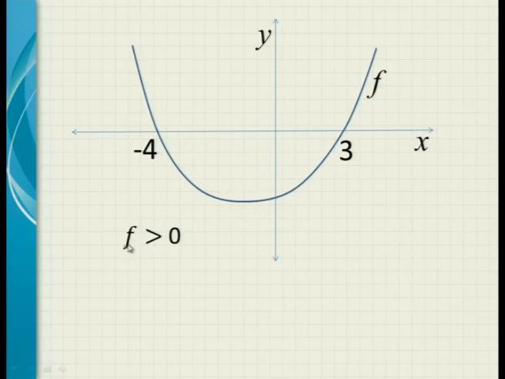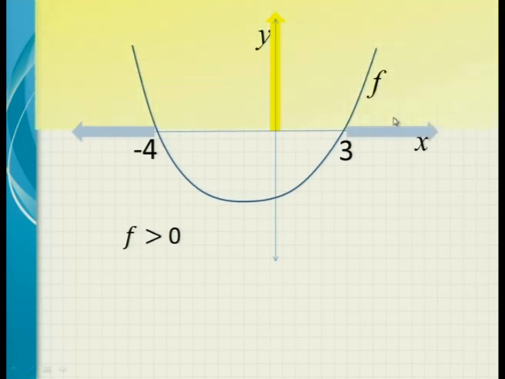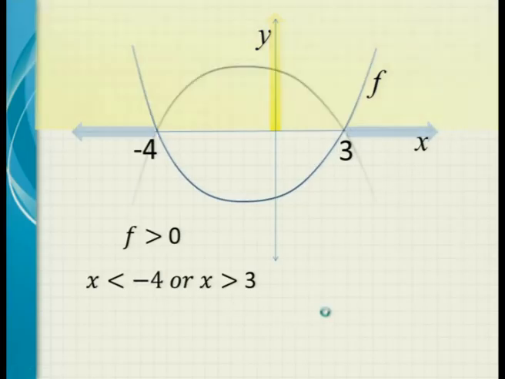Okay? What about this one? Where is f greater than 0? Be careful. Greater than 0. That's not below the line. That's above the line. Where is y, the yellow box value, greater than 0? It's here above the line. So we are looking at this area here and that area there. Remember, all in yellow is positive. Where is f positive? Greater than 0. That is where x is less than -4 or x is greater than 3. Can you see that? Less than -4 or greater than 3.